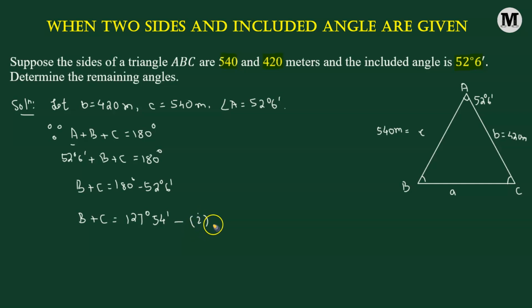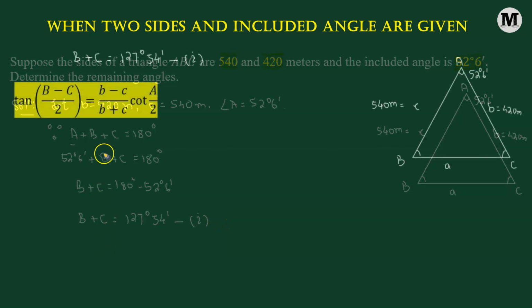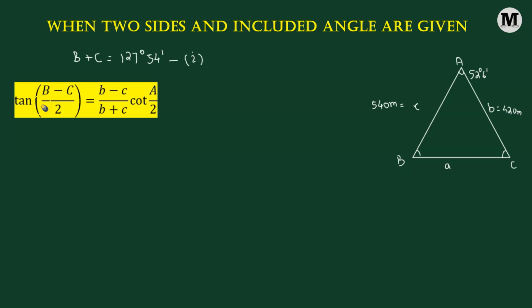So we are going to form another equation that is going to help us solve for the values of B and C by taking the help of equation number 1. So here what we use is the half angle formula: tangent of (B minus C) over 2 equals (b minus c) over (b plus c), multiplied by cotangent of A over 2. The goal here is to find out angle B minus angle C. To begin with, we are going to keep the left hand side as it is. We have tangent of the angle (B minus C) divided by 2 equals